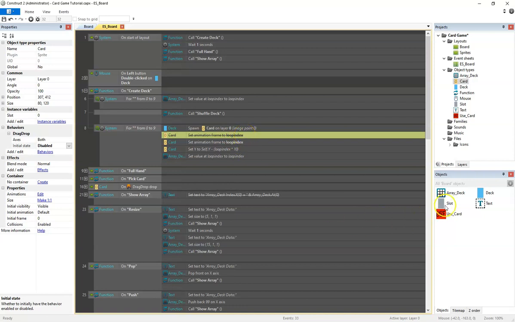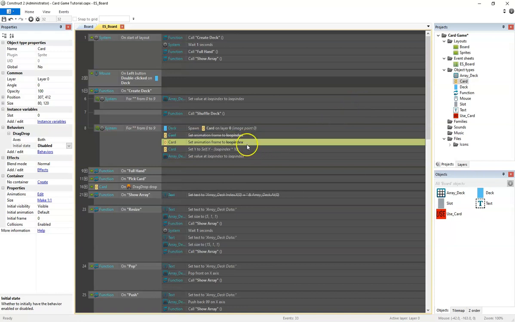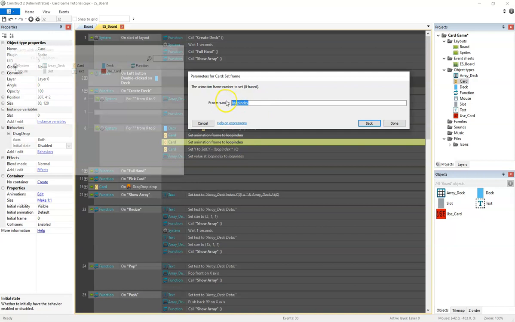If you remember, the cards are in order from frame 0 to 9 with the images actually written 0 to 9 as a number. This for now. But I'm going to set the animation based on the value that is in the array, because otherwise our cards will be in order 0 to 9, but I want them to follow the order that is mixed in the array. So it will be array deck